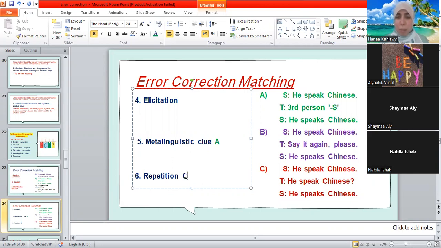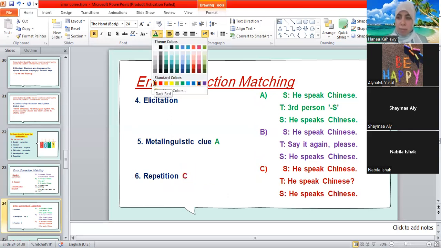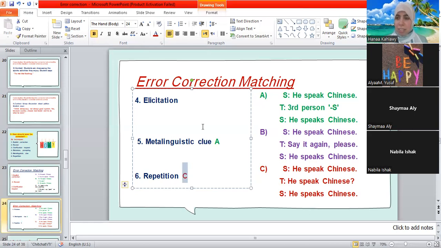Because the teacher here repeats what the student said, but in a different intonation. It looks like a question.